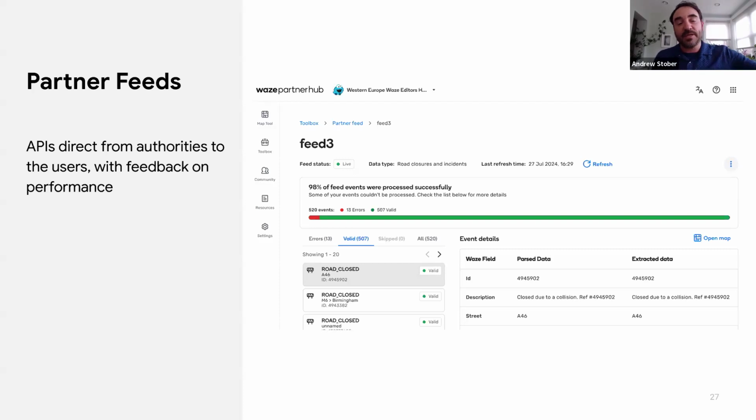It just gets that information out to all the users who are relying on that navigation software, and especially during a time when staff resources are going to be stretched in the middle of a crisis. Also great for everyday use as well, those partner feeds.